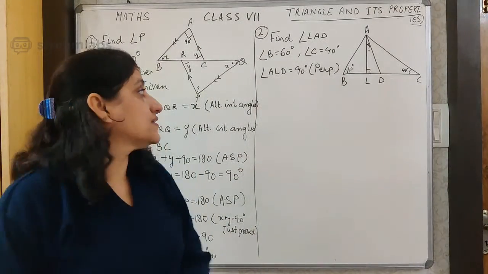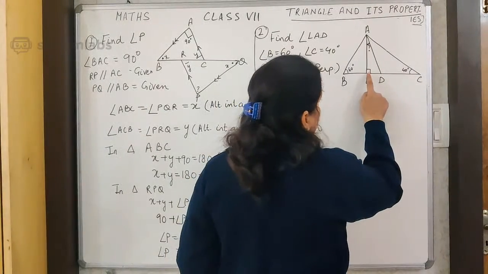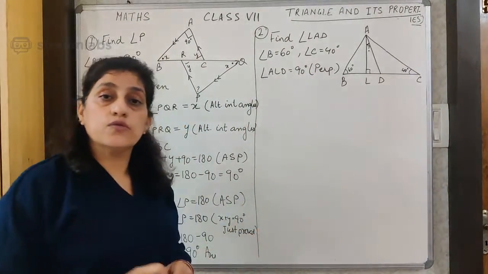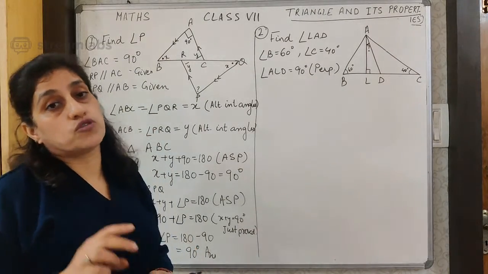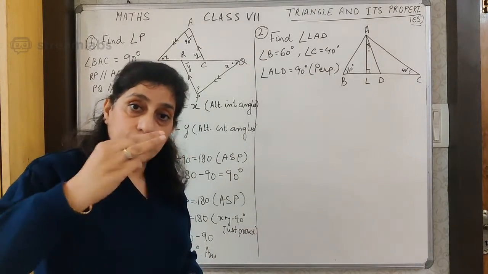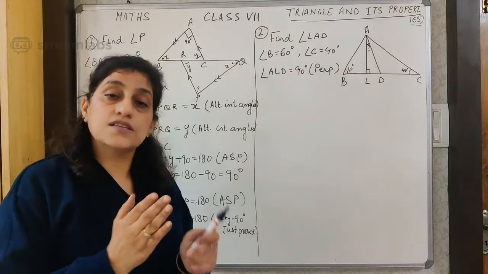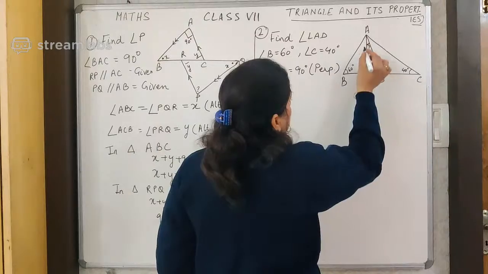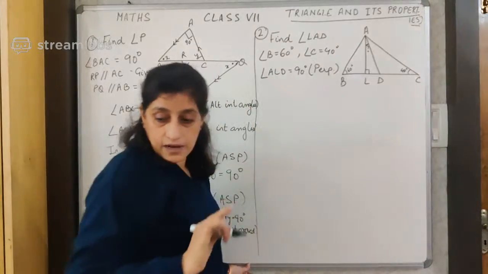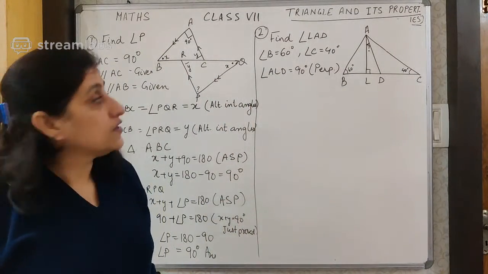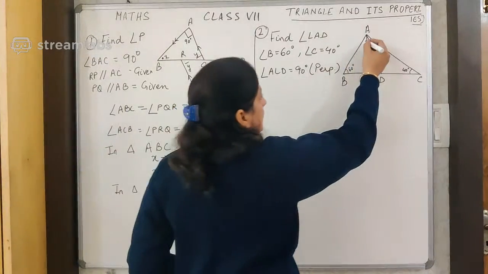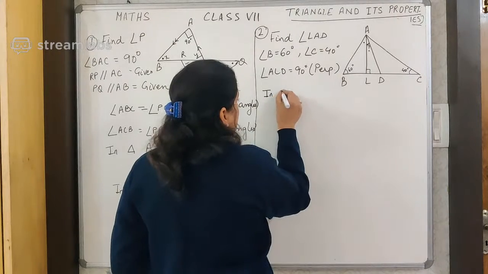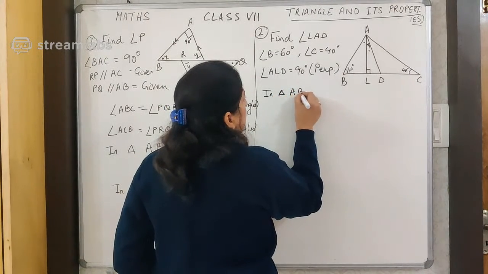Again, how will I find this angle? I only know one angle inside this. So how will I go about it? Now you see what steps I am going to follow. This will be done in three different long steps. So the first one is I am using triangle ABL. Which triangle I am using? Triangle ABL, and I will find this angle BAL. In triangle ABL,